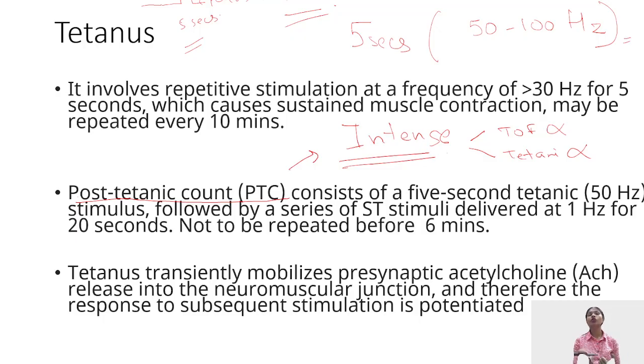The normal post-tetanic count is 6, and a post-tetanic count of 3 is what is required during your surgery or during your recovery also. If we have a post-tetanic count of 1 to 3, then we consider that yes, the patient is recovering, and at the time of recovery, as already told, the TOF has to be more than 0.9. The post-tetanic count has to be 1. The post-tetanic count is used only in the cases of intense neuromuscular block.